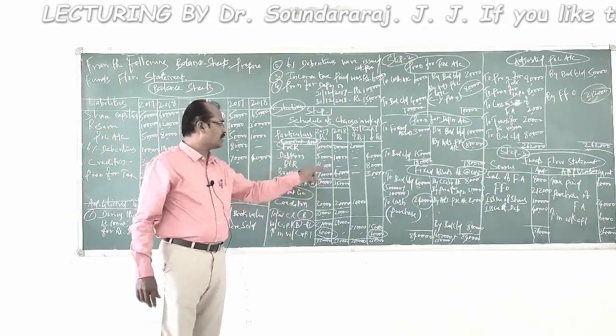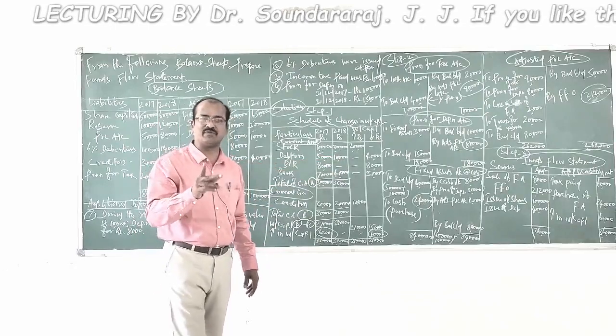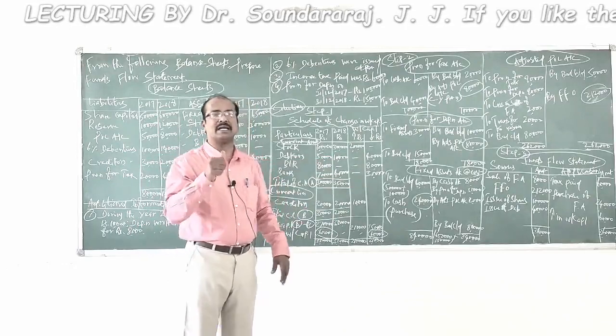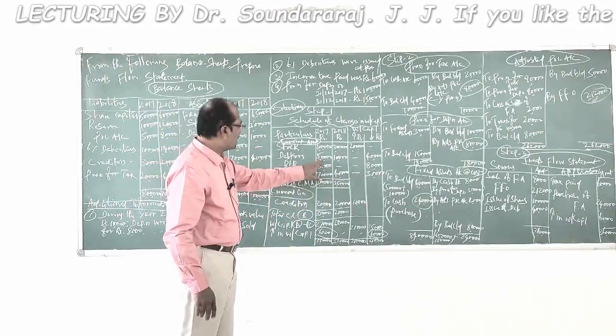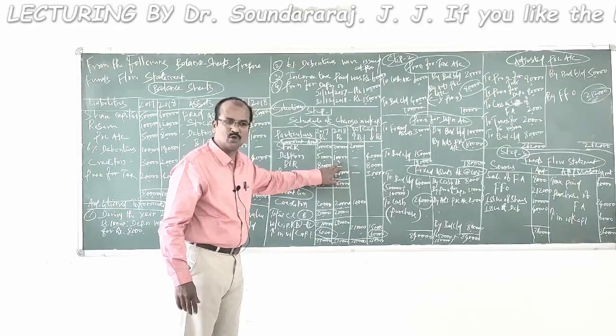What about stock? The opening value is 1 lakh rupees. The closing has become 3 lakh. Therefore, we find an increase in the value of current asset that contributes to an increase in working capital. The second item is debtor. Opening balance of debtor is 50,000. The closing balance is 10,000 rupees.